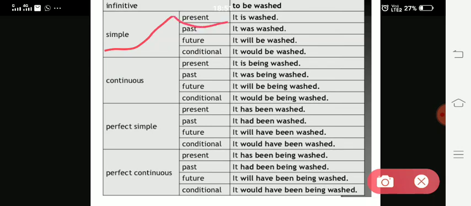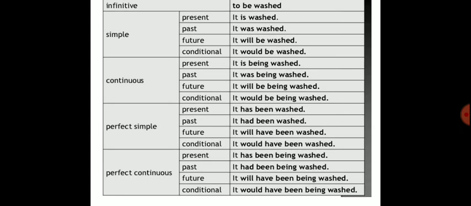Simple present tense, for this construction you are going to use subject, verb and object. For simple past, for simple future. Okay, same for the present continuous, being we have to use. So already this chart I had given you last year, so you can refer to the same chart. I hope you have understood how to convert the active into the passive voice.